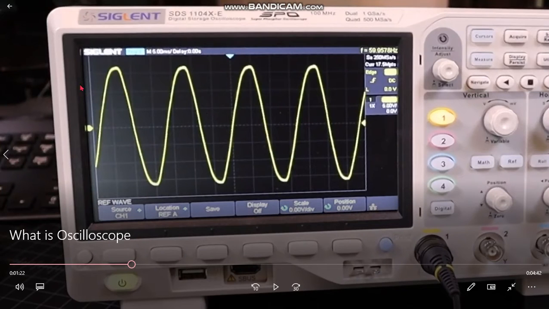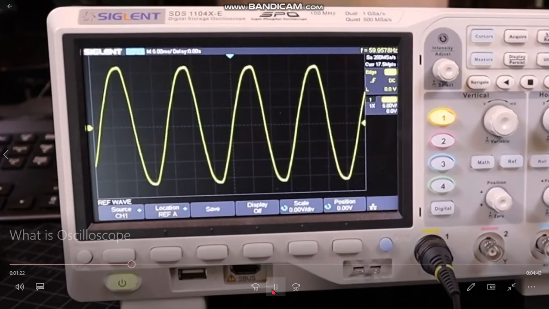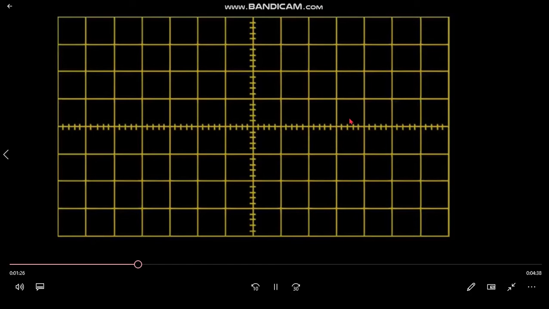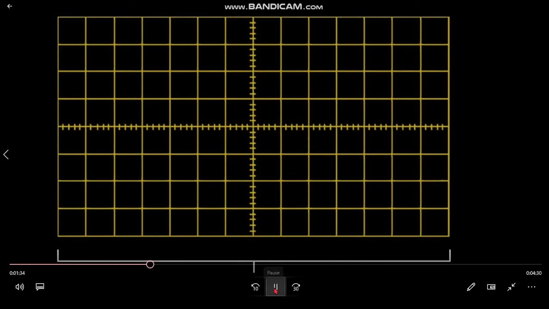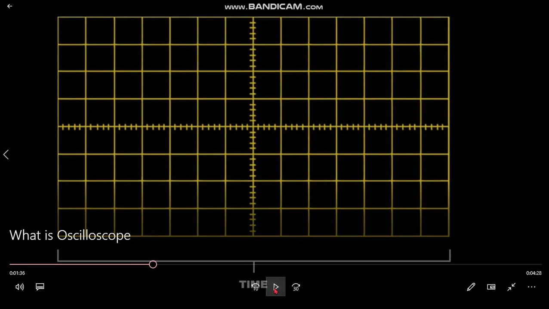Now you will see how we have to read this screen. The horizontal represents the time, while the vertical gives you the